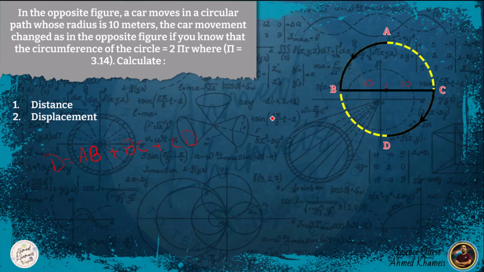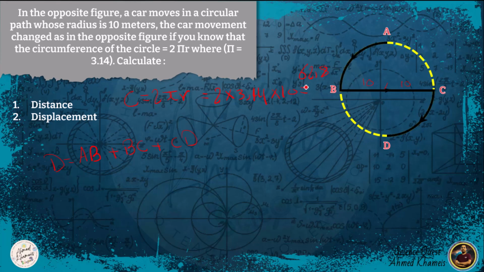Anytime you have a circular path, the first thing to do is to calculate the circumference of the circle. So the circumference is 2 pi r equal 2 multiply 3.14 multiply the radius, which is 10,